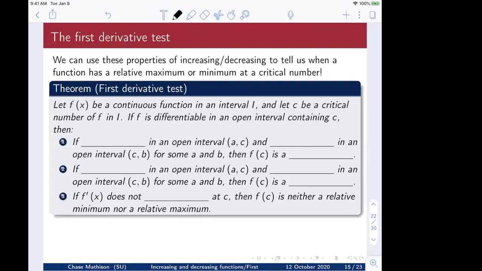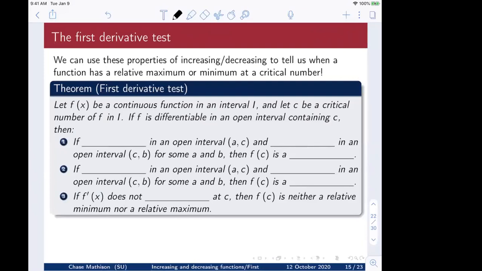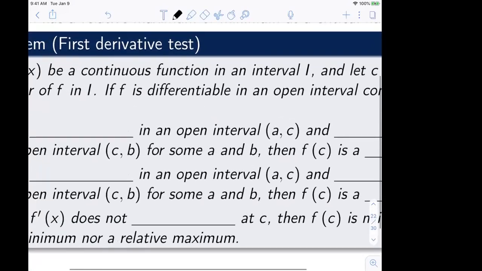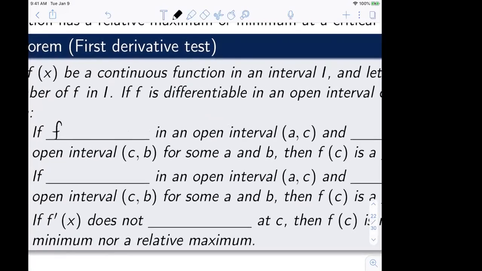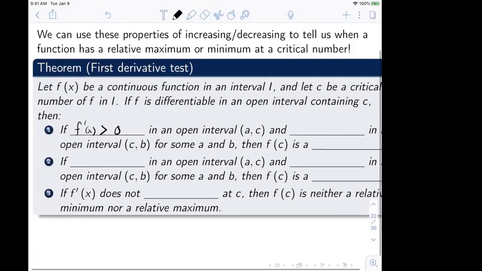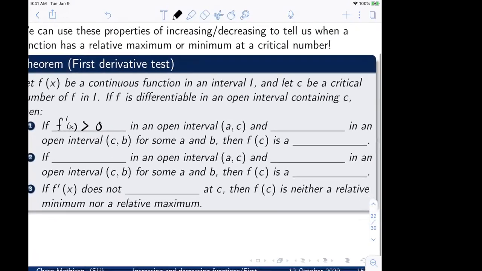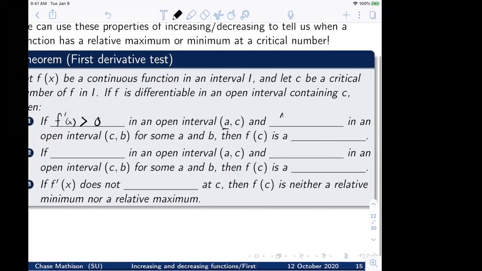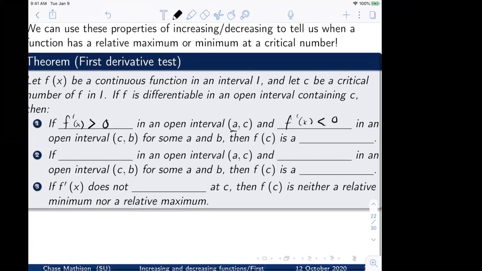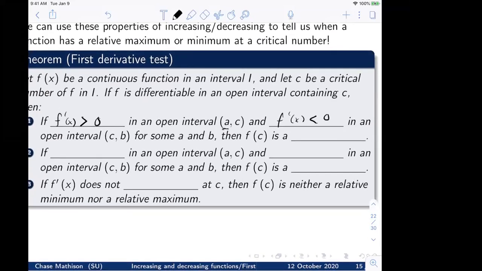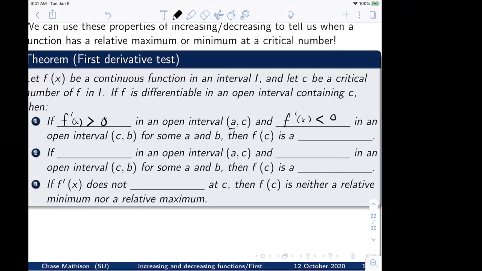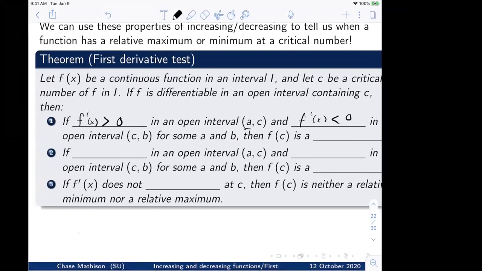If f is differentiable in some open interval containing c, then if f prime of x is greater than 0 in an open interval A to C, so we need some real number where f prime of x is bigger than 0 between A and C, and then f prime of x is less than 0 in an open interval C to B for some A and B, then f of C,